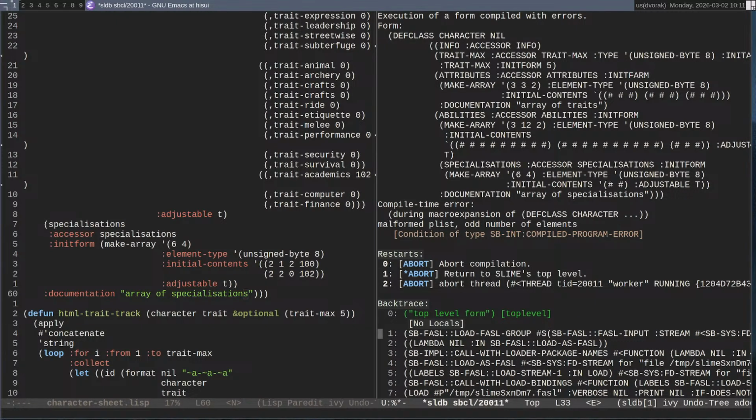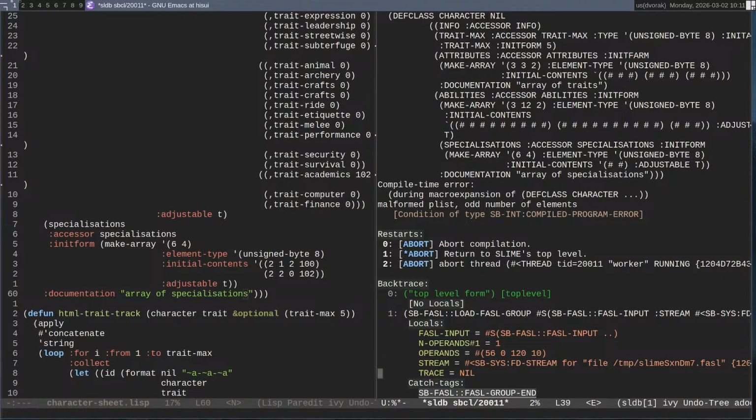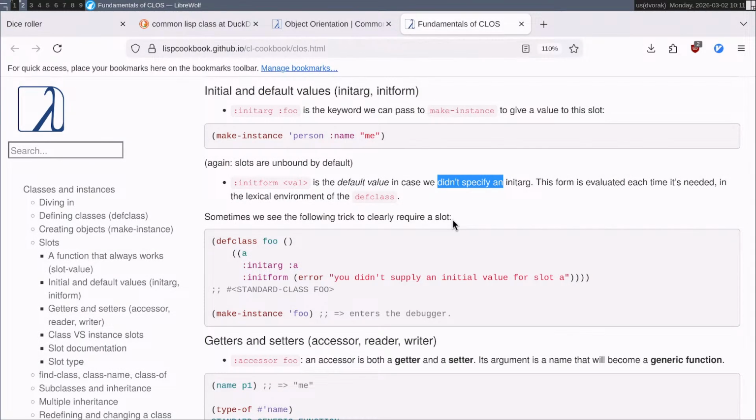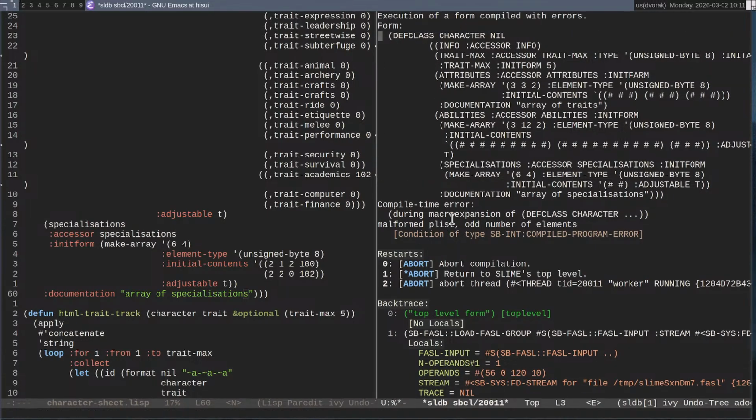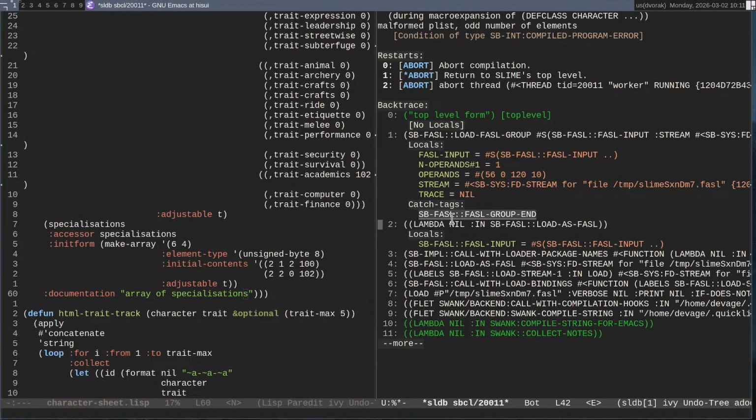Top level form. No locals. Macro expansion of... Which bit? Where is the problem? Where in my thing is the problem? I'm at the point where I really need to go. So this might unfortunately become a